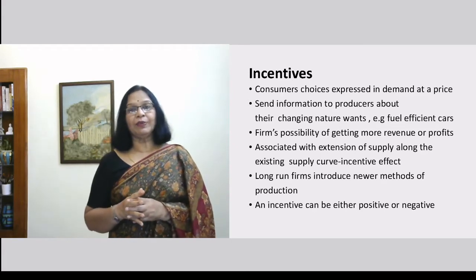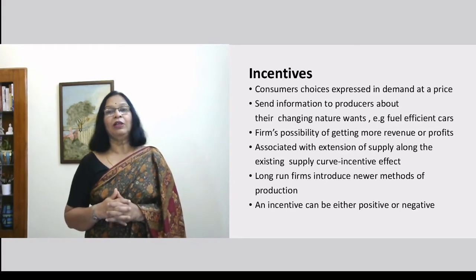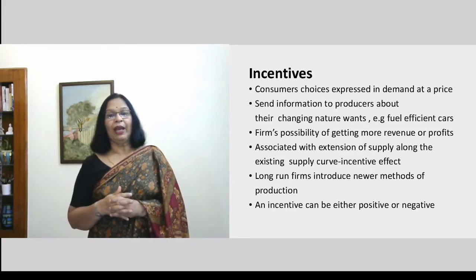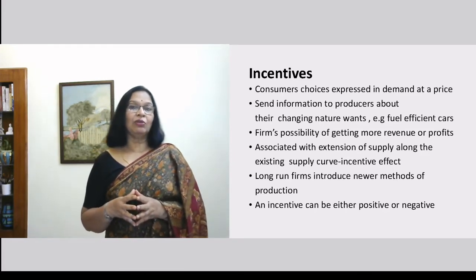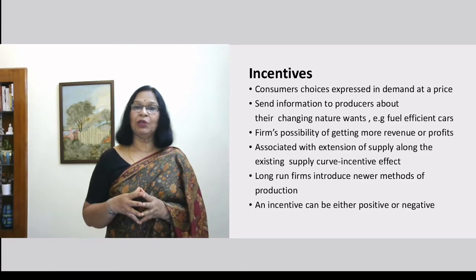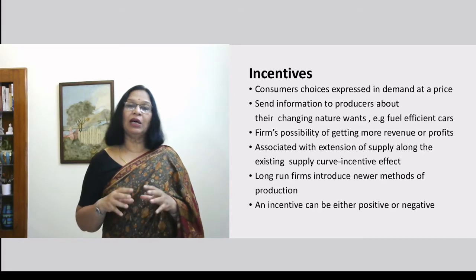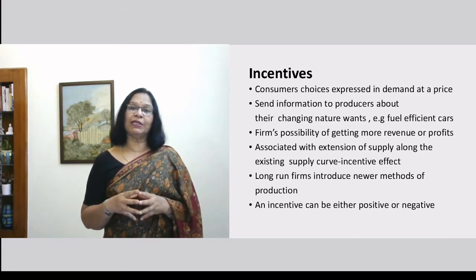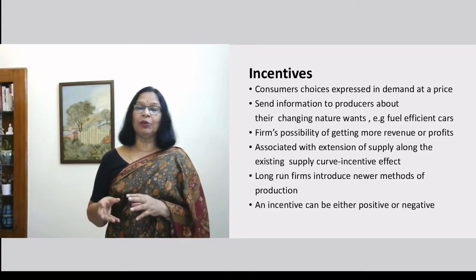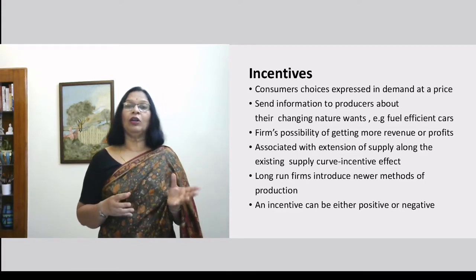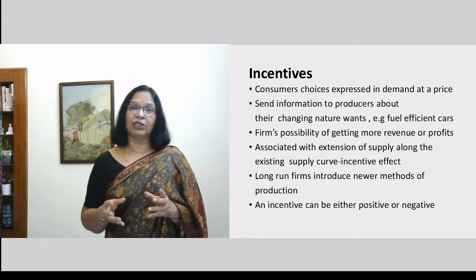In the long run, firms are likely to adopt newer methods of production, like in the example of the fuel efficient cars. And this incentive can be either positive or negative. So it depends on what kind of goods are being produced and what consumers want, or what producers can actually produce. So this is the role that the price mechanism plays in signaling to the producer and consumer, or providing incentive for the producer to manufacture something, or for the economy to allocate its resources between sectors based on the shortages and excesses